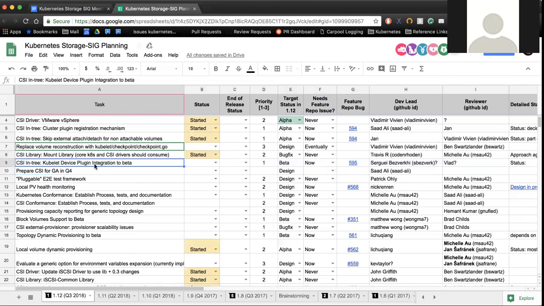We've been talking to folks who built the alpha version of this feature last quarter about driving it to beta this quarter. There's some question about whether they're going to be able to do so or not based on the outstanding items that they have remaining. Sergey, Vlad, I think you guys might have more context on this.